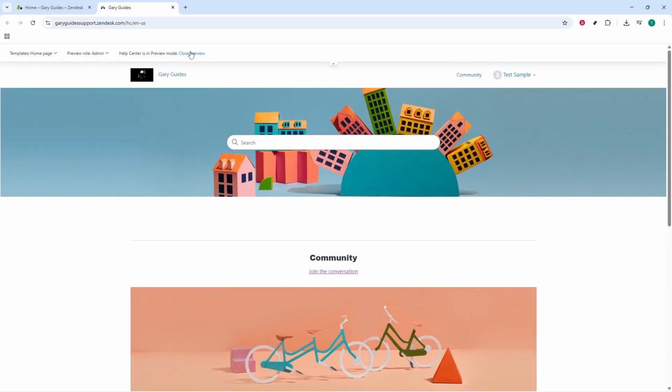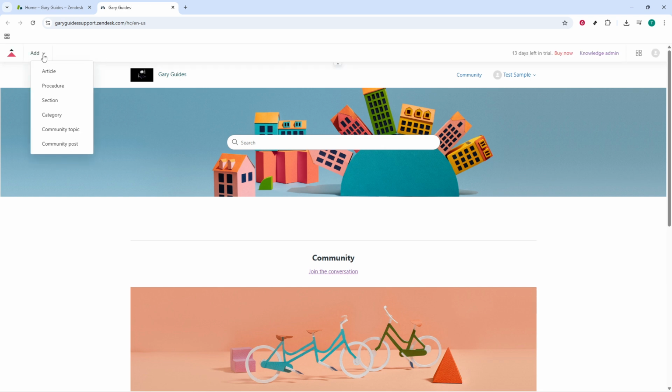Next, select Add and then choose Article. This opens a clean editor where you can draft your piece. Think of this as your content canvas, complete with tools for writing and formatting so you can focus on clarity